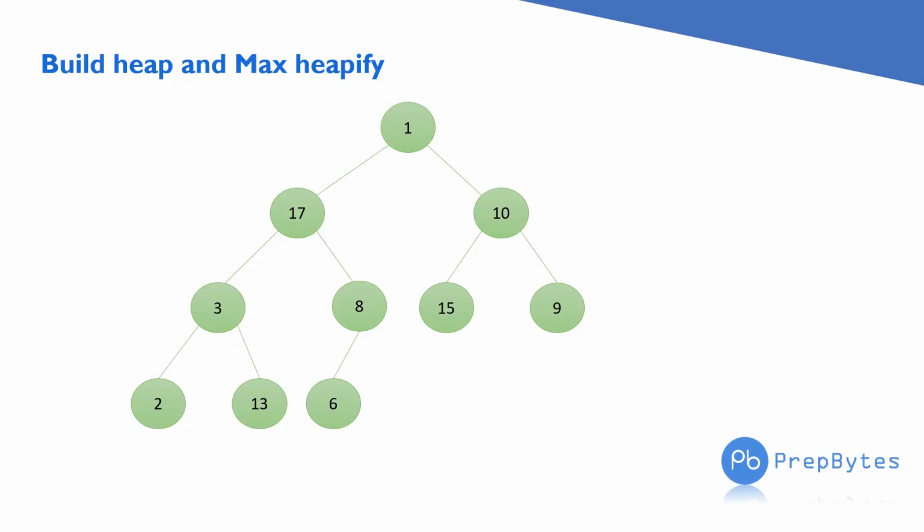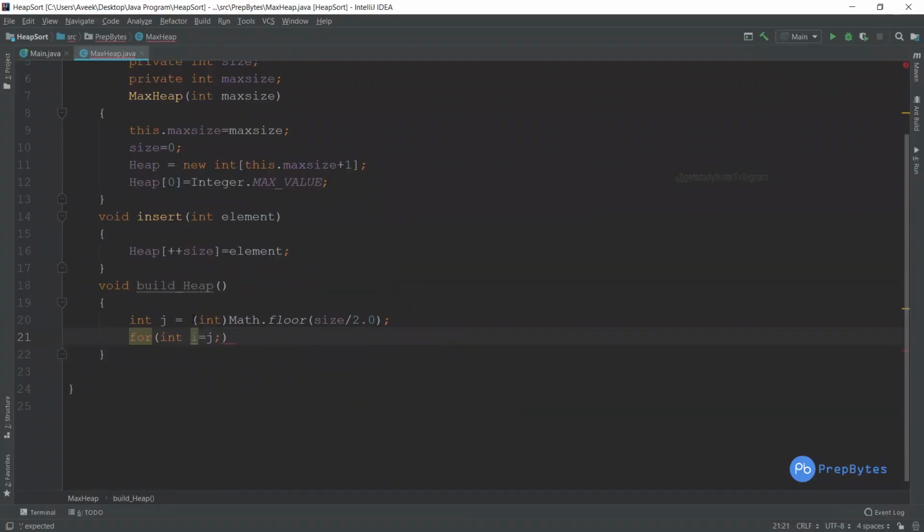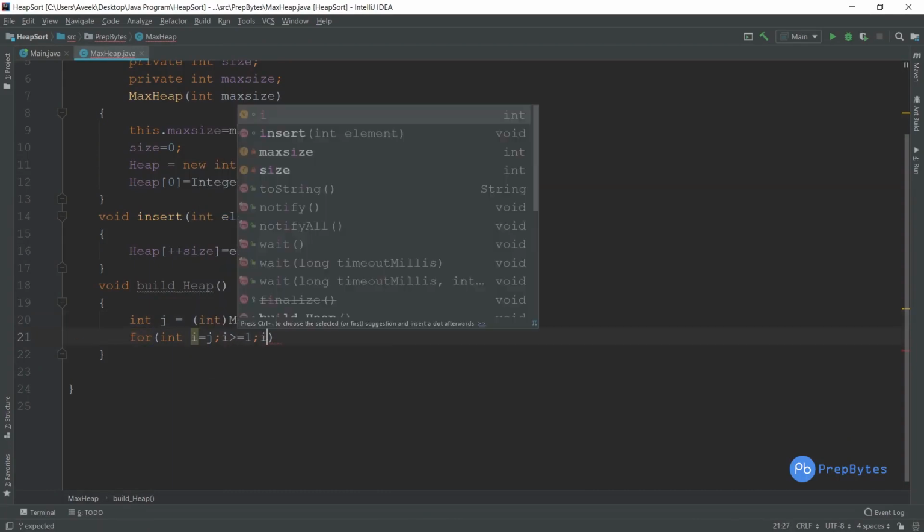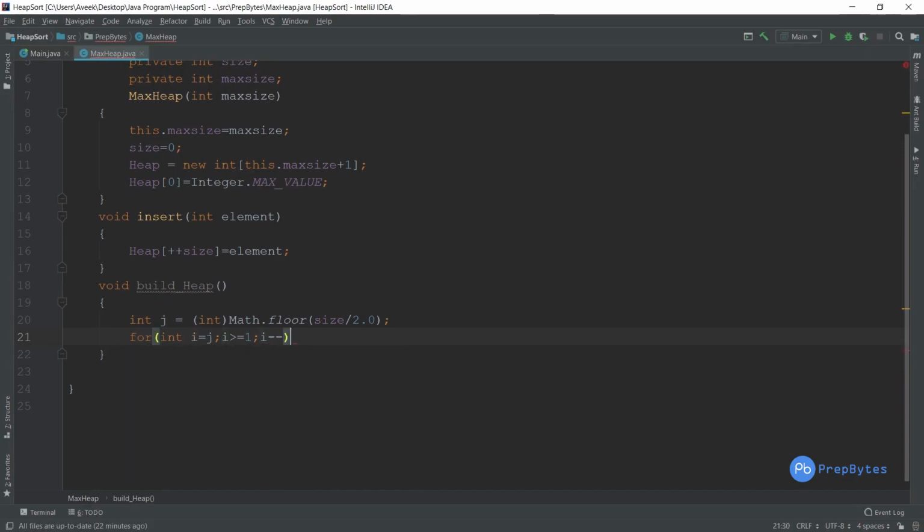If I go back to our explanation, this is my first non-leaf, so the build heap function starts from this. This was already max heapified, so we went to 3, converted it, and swapped with 13. So we need a swap function also. This is just for revision. We will start with our first non-leaf. So this was how we calculate our first non-leaf. Then, till i is greater than or equal to 1, and i minus minus, because we are decrementing,